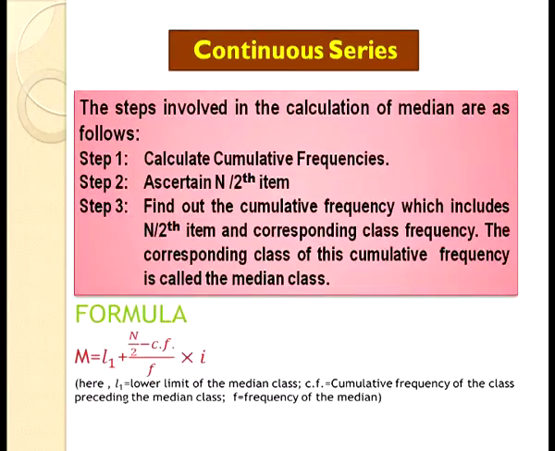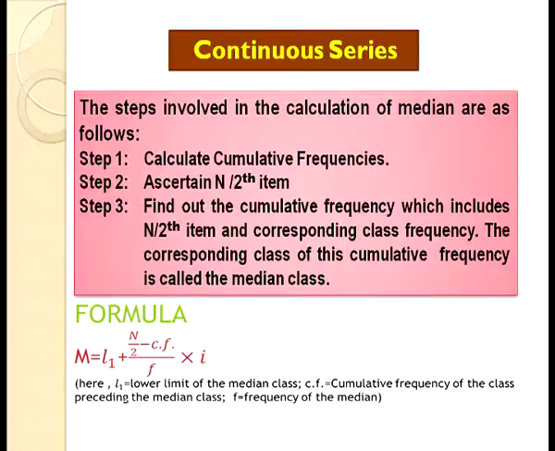So students, we have learned how to compute median in case of discrete series in this way. Now we can discuss how we can compute median in case of continuous series. In this, step 1 remains the same. You need to arrange the data. Along with that, you need to compute cumulative frequencies. After that, once you have computed cumulative frequencies, you need to ascertain the n by 2th item. Now what will this give? It gives the median class. It tells about the median class.